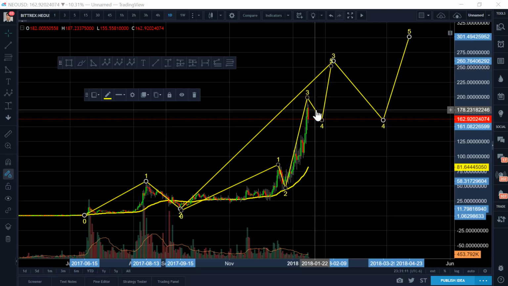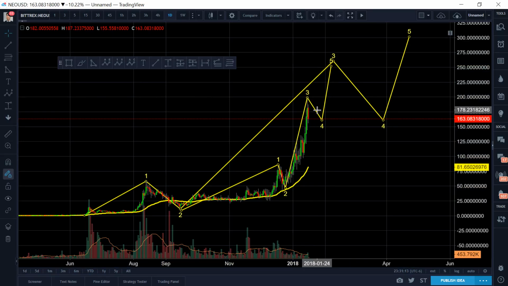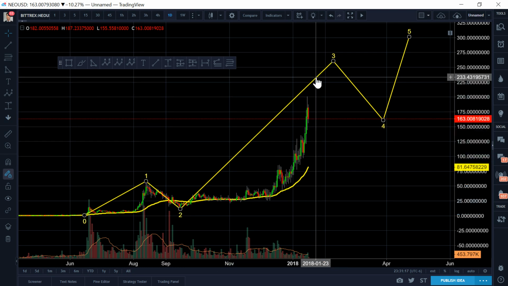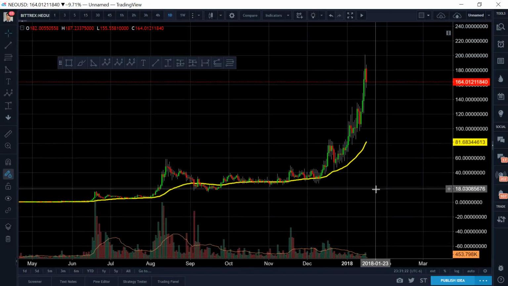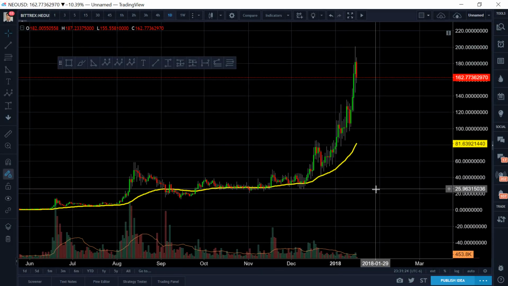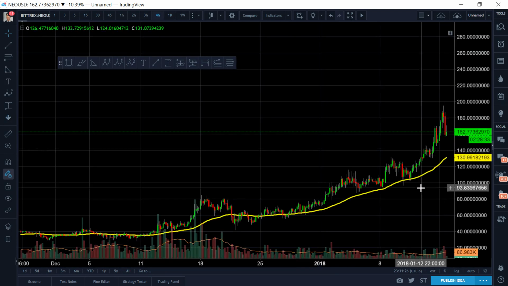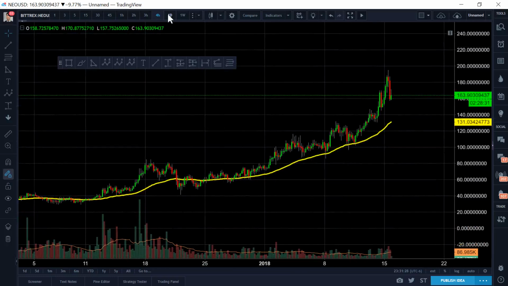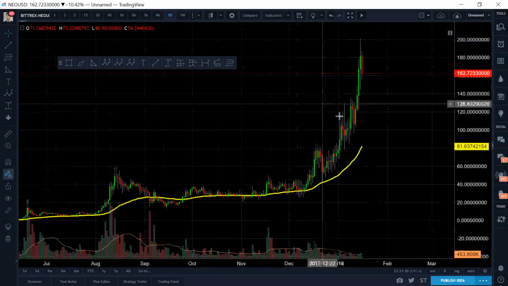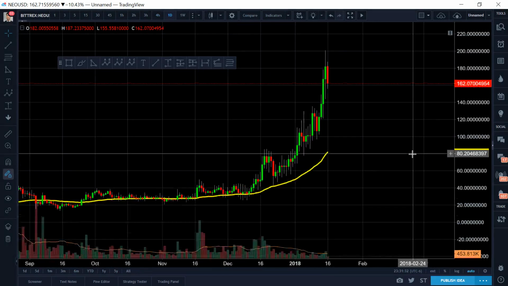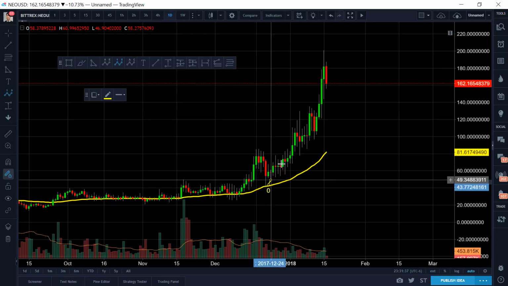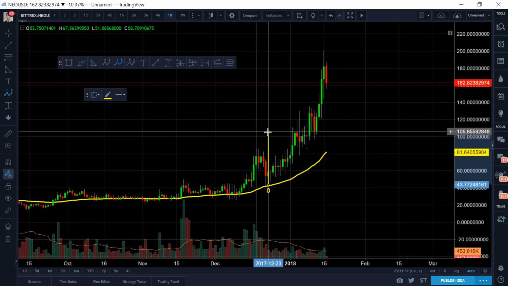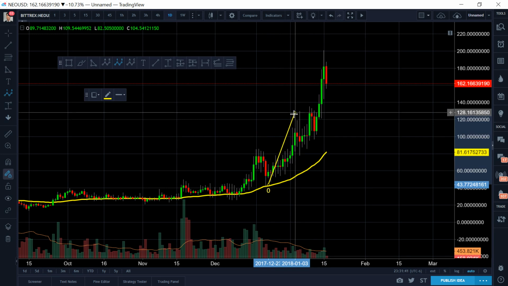Now, another variation that others would argue is this right here. Okay, so first of all, we're going to delete this. We're going to try to get a closer look at the wave count and see what is valid and what is not. And we're going to isolate the regions, okay? First of all, we go to the big picture. We go to the big picture at the very end, and we see that maybe this is definitely a region of something. Okay, right here. This whole region right here.